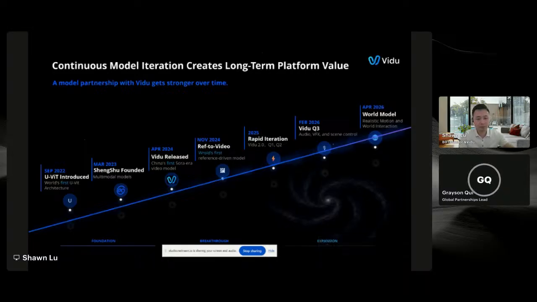From there, we started to do a lot of rapid iterations towards our older models, and in 2025 we launched about 3 models, V2 2.0, and then we did a complete overhaul of the model itself, and then we went into Q1 and subsequently Q2. And then this year in February 2026, we actually launched Vidu Q3.